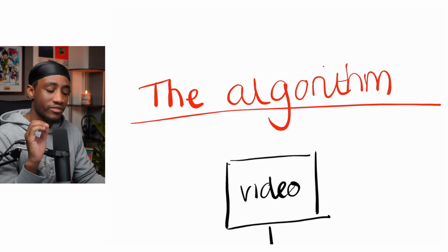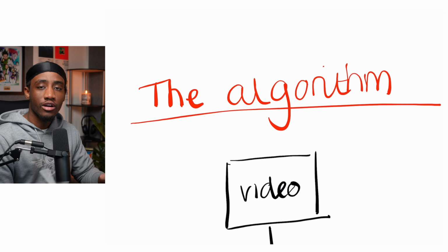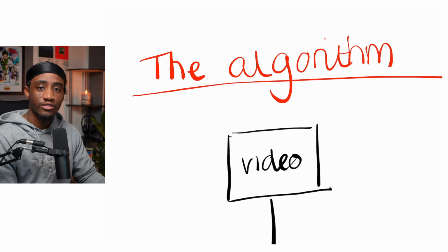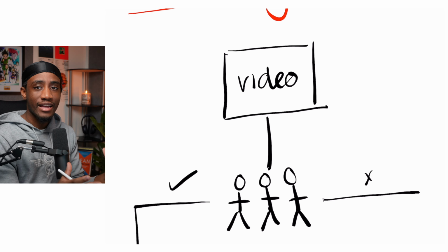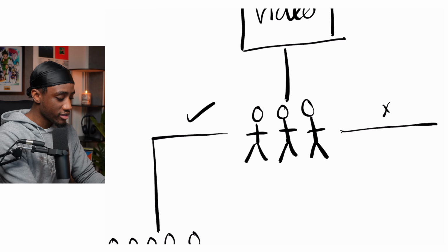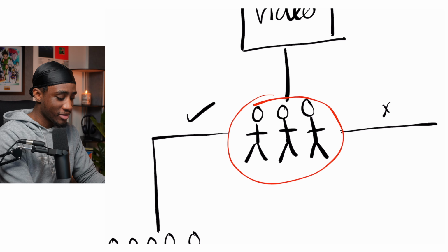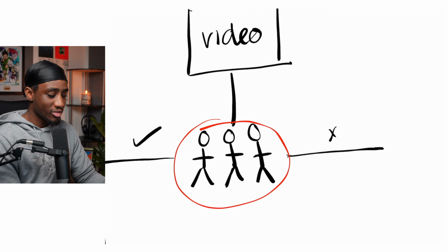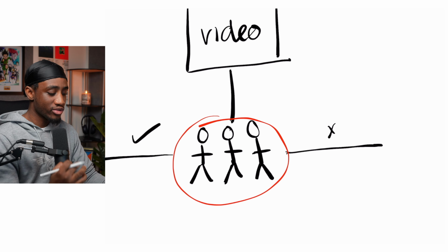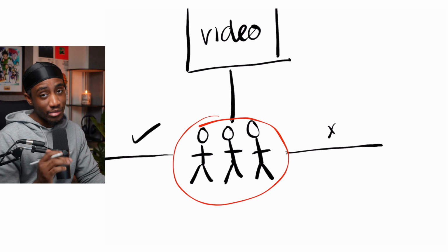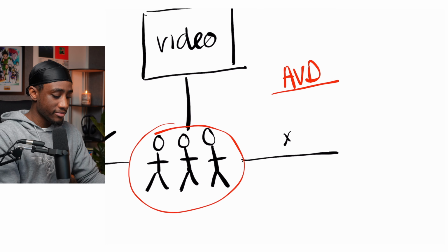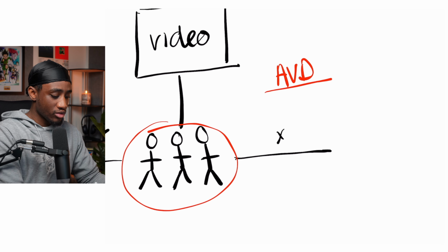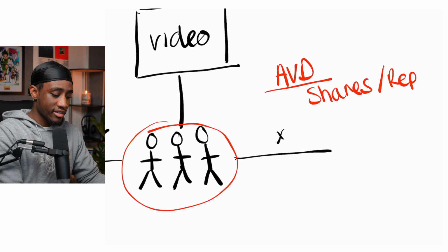So first off, we're going to start off with the algorithm and how the algorithm works. And obviously we're doing short form videos. So it starts off with your video, you just posting your video, right? And as soon as you post your video, Instagram sends that video out to a small batch of people to watch the video. And this is my small batch of people. So they send it out to the small batch of people. And there's metrics that they measure to assess whether your video is good or not. And the main metrics are going to be average view duration, which is basically your watch time, AVD. And then it's your shares, replays,